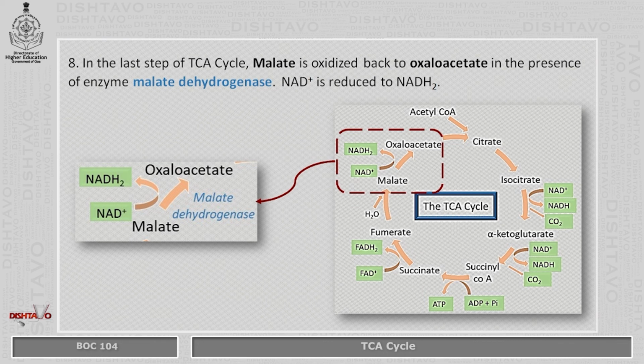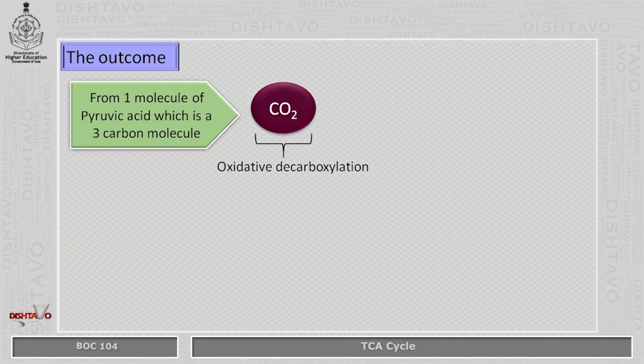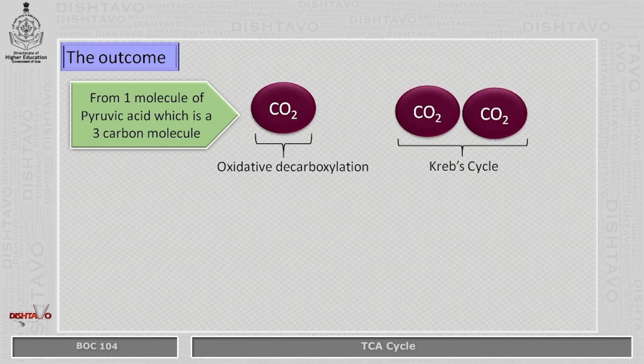At the end of the TCA cycle, we get different products. Let us have a look at the outcome of the TCA cycle. Let us remember that it was one molecule of pyruvic acid which had entered the TCA cycle. One molecule of pyruvic acid is made up of 3 carbon atoms. Hence, we get 1 carbon dioxide molecule during oxidative decarboxylation and 2 carbon dioxide molecules during the Krebs cycle or TCA cycle. So this makes up for the 3 carbon atoms which had entered the TCA cycle in the form